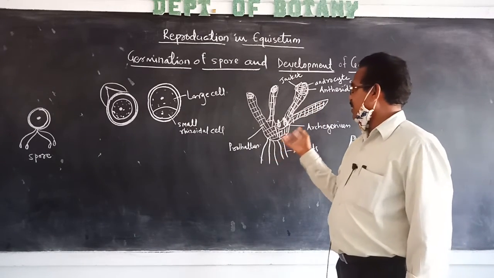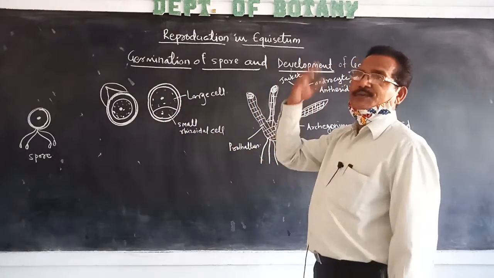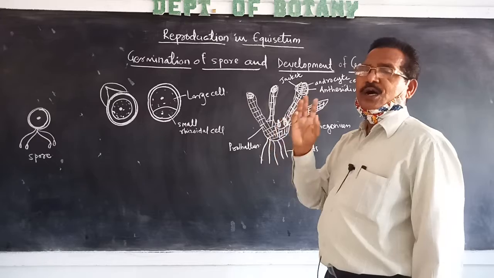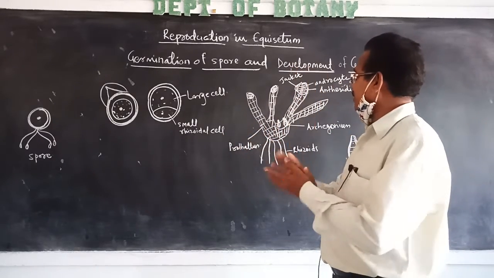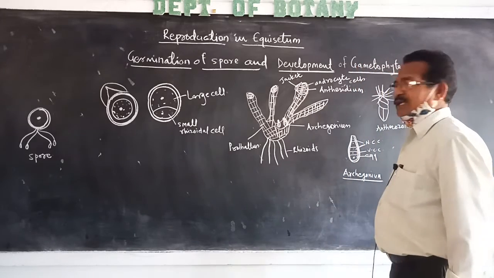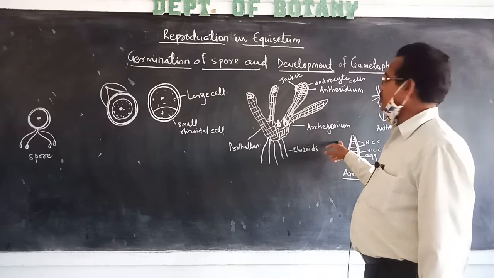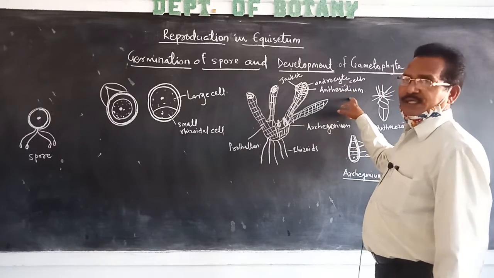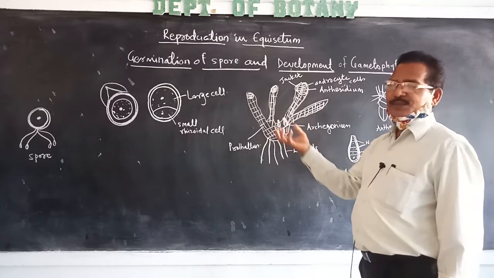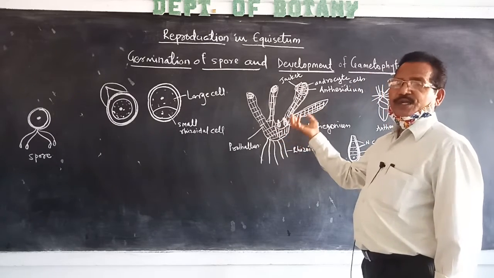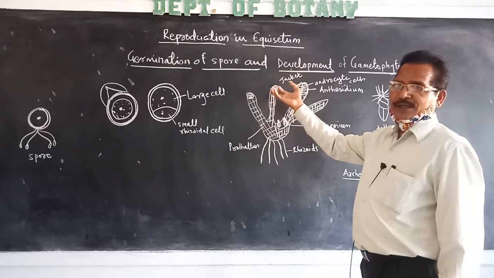How is it formed? It is formed after the germination of spore, which are liberated from the sporangiophore of the strobilus or cone of equisetum. During development, the female sex organ is called archegonia and male is called antheridia. On the prothallus, at the basal part, archegonia develop first, and later antheridia.